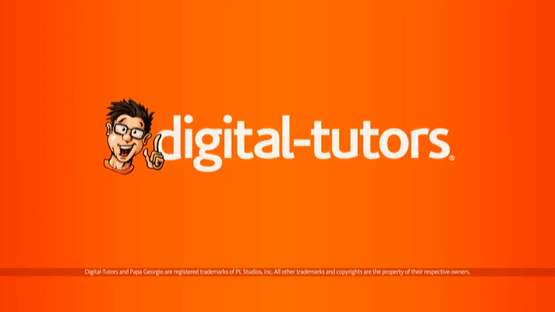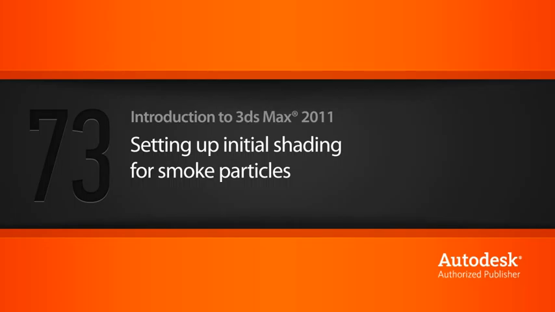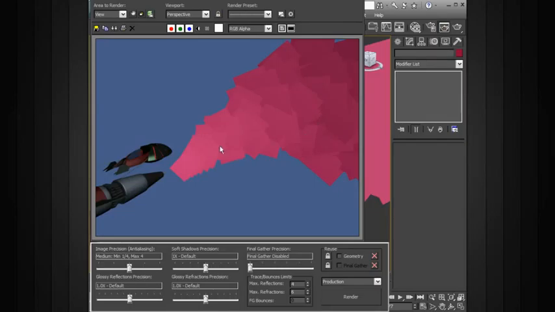In this lesson, we'll set up the materials and the textures for our smoke particles. Alright, so now that we have the basic emission and the motion of these particles set up, what we'll start to do now is begin applying materials and textures to these different facing pieces of geometry, and really just start to give these more the appearance of some kind of smoke or dust that would be kicked up from these